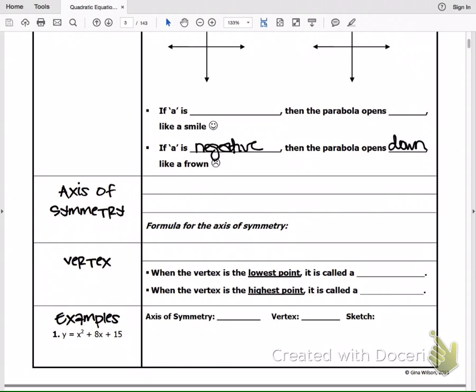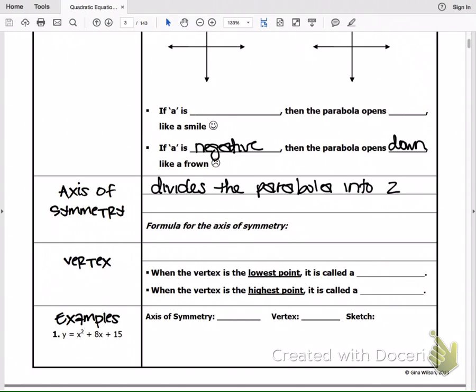Any issues with that? All right, we have something called the axis of symmetry when we graph these. If you notice these U shapes that we've drawn, if you literally took your paper and folded them in half right down the middle of that U, they're going to match on either side. They're going to be symmetric or reflections of each other. So we have something called the axis of symmetry that divides the parabola or quadratic